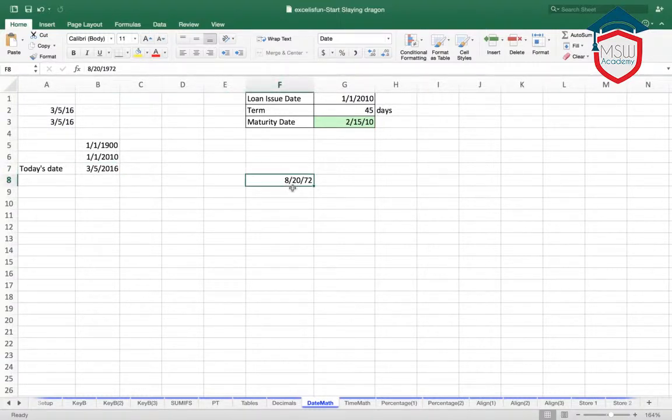So let's create a formula here. For example, your birthday. Everyone puts their birthday there. Let's say mine is August 20th, 1972. If I want to know how many days I have to wait for my birthday, the formula that